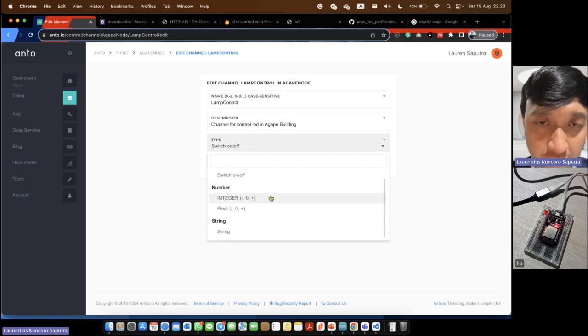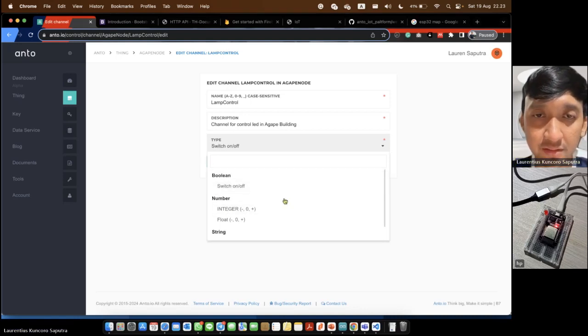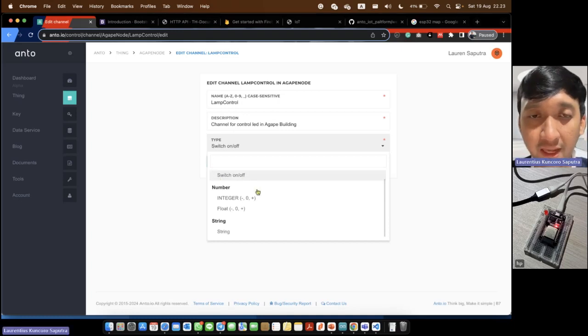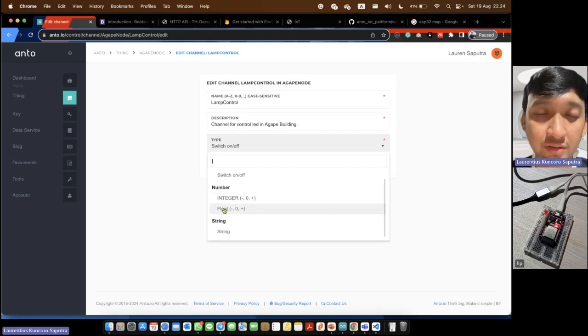Ento supports three types of data. There is Boolean, with switch on or switch off, and then the number. The number has two types, integer and float, and the last is string, for characters.